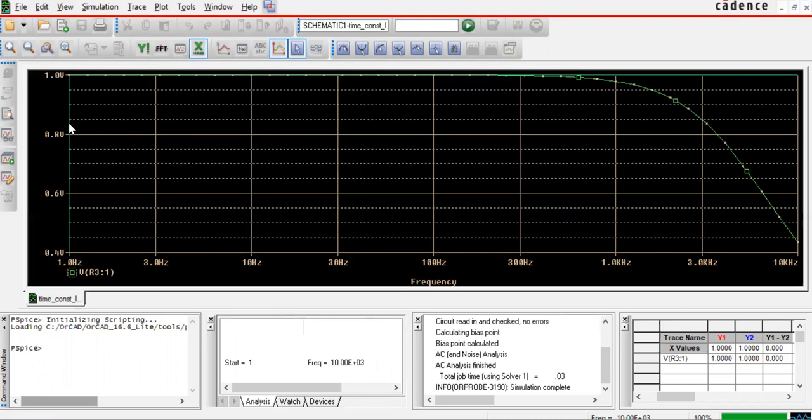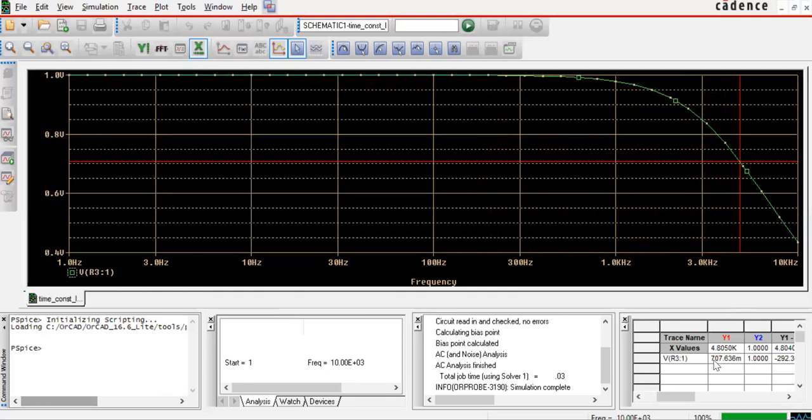So just 0.70 constant. So yeah, 0.7056. Yeah, so 0.707 we can see here.